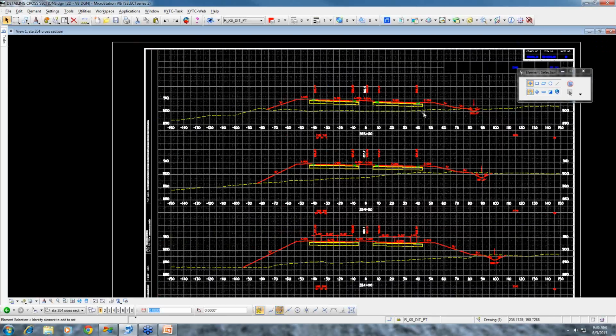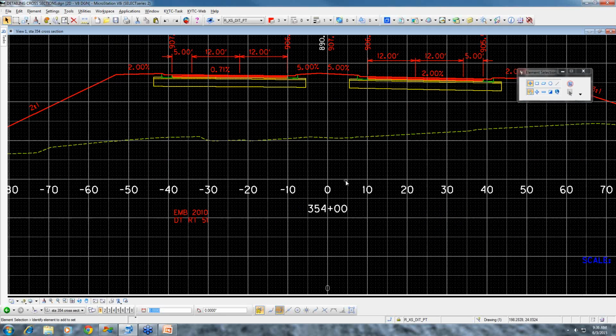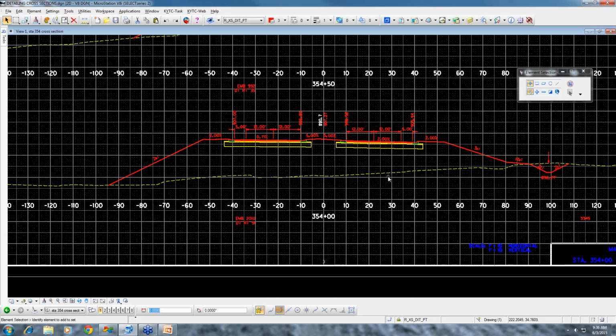There's several different ways you can finish the detailing on these cross sections. You could turn on the leaders for elevations. You could stick draw them. You know, I like to use the dimensioning tool, and like this is a larger project, you know, not a bridge replacement. And what we want to see